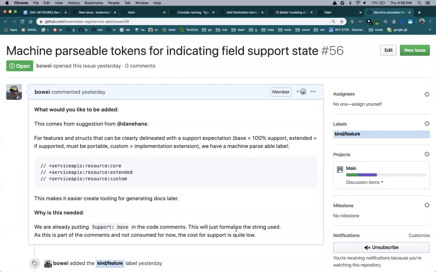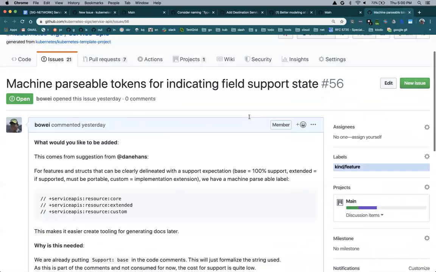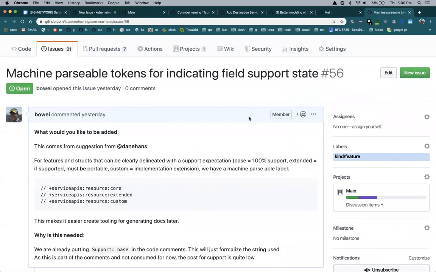That seems okay to me. The one thing is it's not clear that every feature will be a one-to-one mapping of a particular field, so this might just be for doc generation purposes. I don't know if you can map it precisely to actual features, but we can go with this for now. If people are okay with this, then we can just add the docs and then LGTM, merge it.